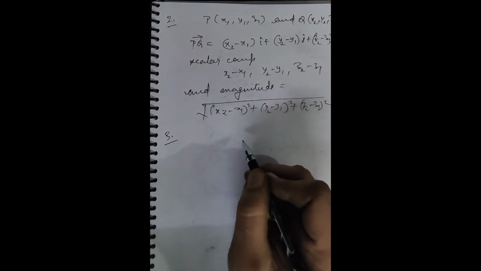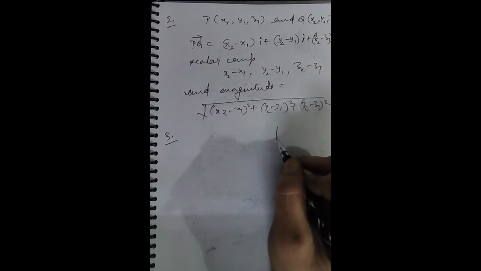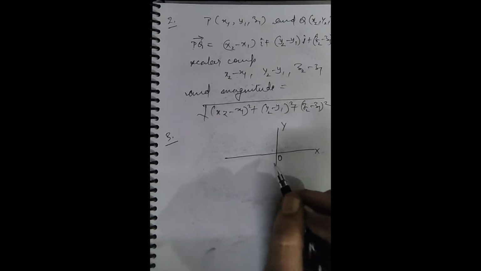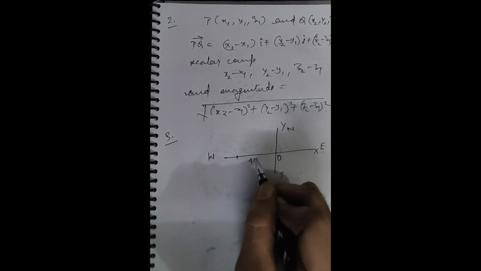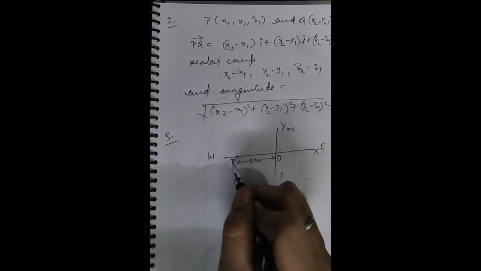Now we will see the next question, question number 3. A girl walks 4 kilometers towards west. This theory is based on directions. If we consider this is the origin, this is the x-axis, and this one is the y-axis, the question says 4 kilometers towards west. So here it is east, this is the west direction, north, south. So 4 kilometers, let us suppose it's somewhere here, up to a point P considered.